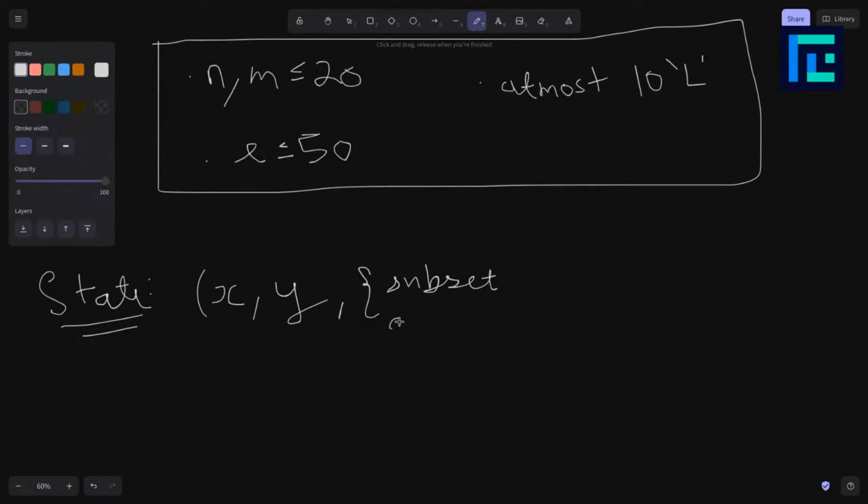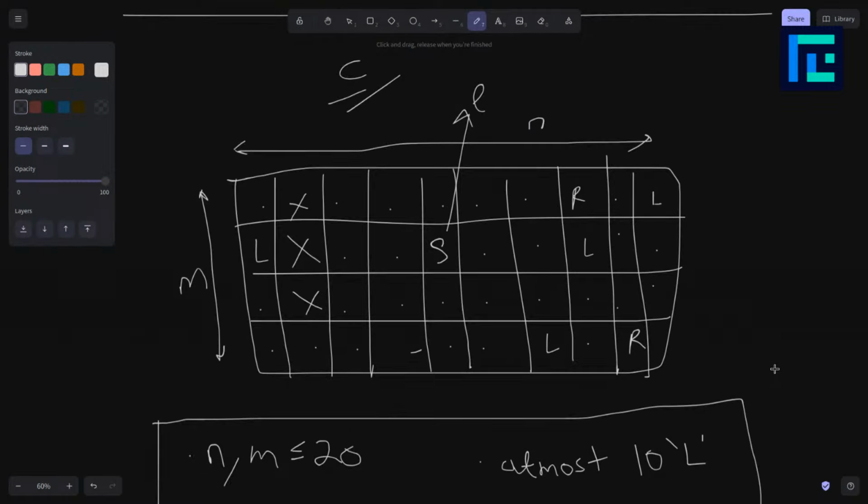Subset already collected. So this is going to be our subset which we have already collected. And we are at some position X and Y. And the last thing we have is our energy value currently. And if you observe,